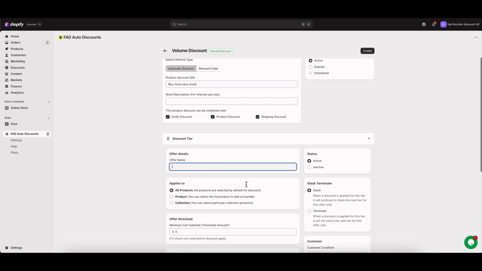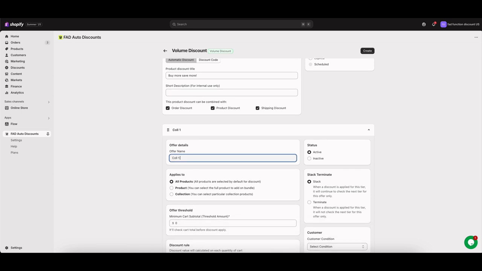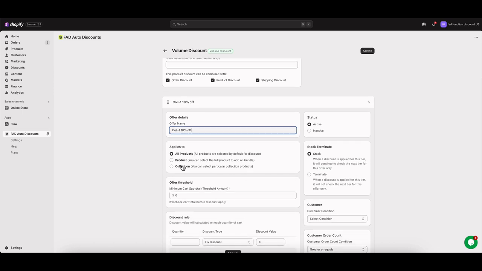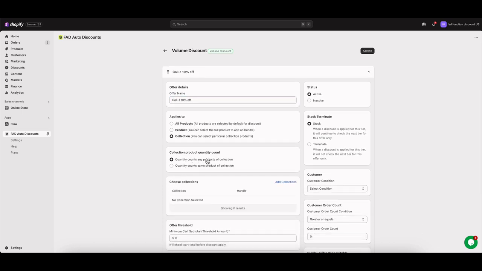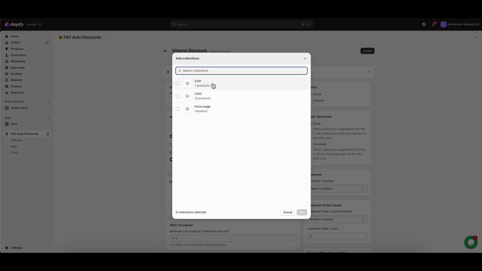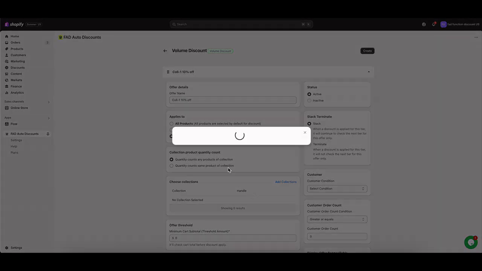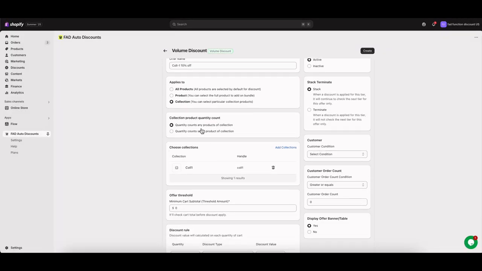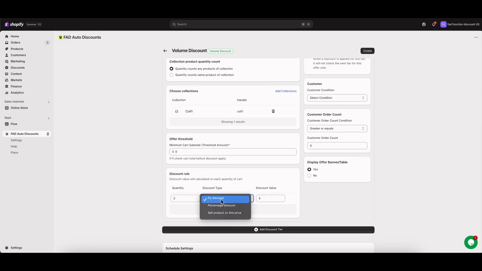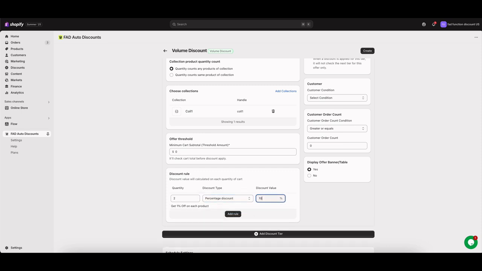Now here is the offer, like collection 1 then 10% off. This is the offer name which is displayed on the cart page and checkout. So this is the offer, 10% off. Now you can select the collection here, and choose any product of the collection or the same product of the collection. So I choose any product, so it looks like a buy bundle. If the user purchases 2 quantity from this collection, then that needs to be 10% off